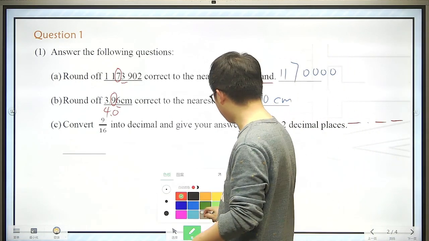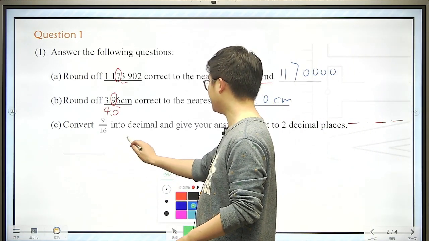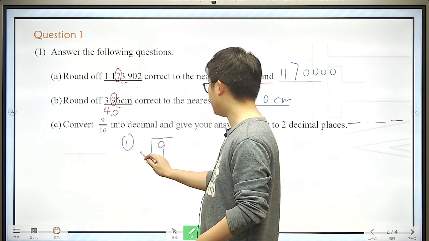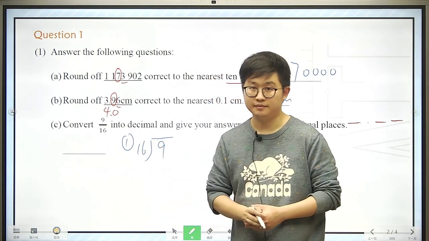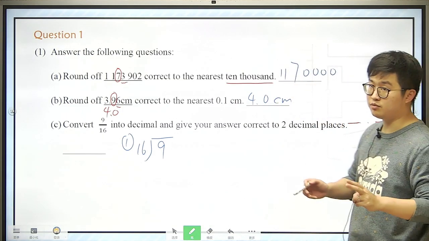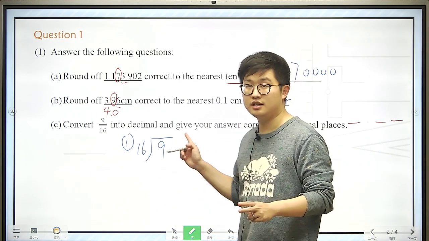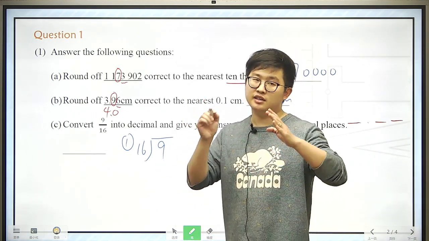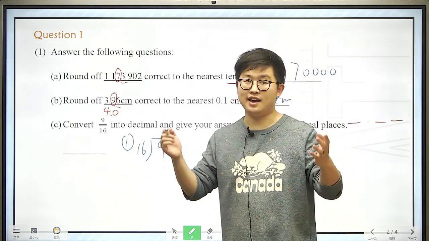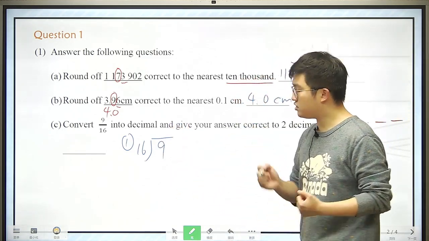The first way is just a simple division. We just do 9 divided by 16. All right, and we need 2 decimal places, which means we should calculate to the third, because the third one decides whether the second place should add 1 or not. All right, this can do it,